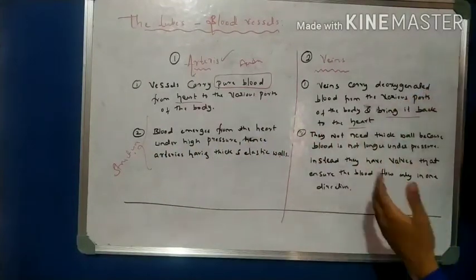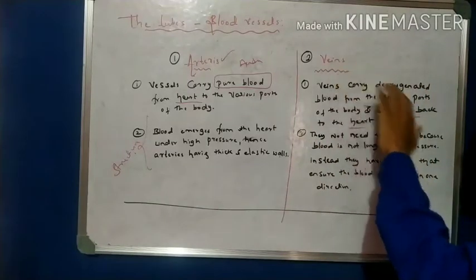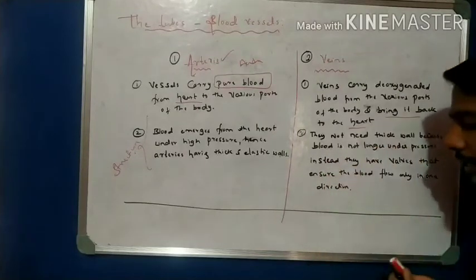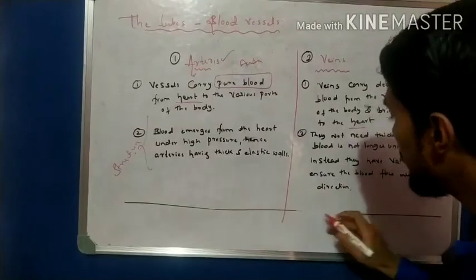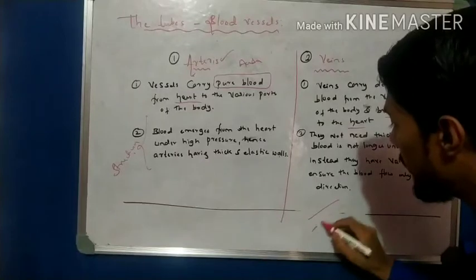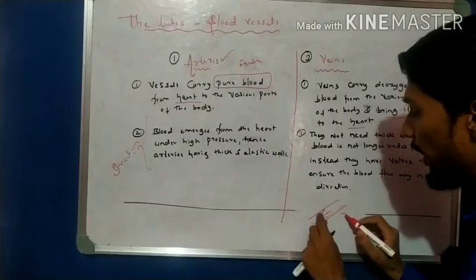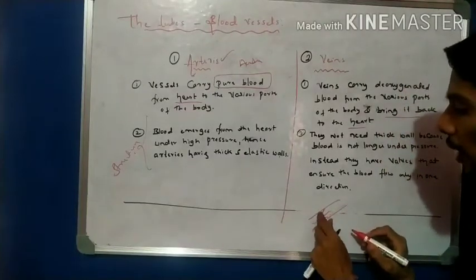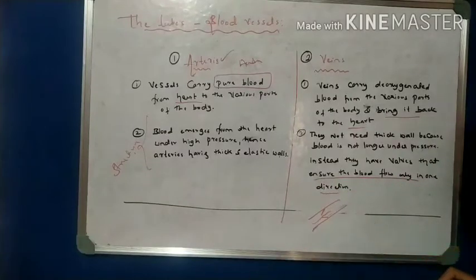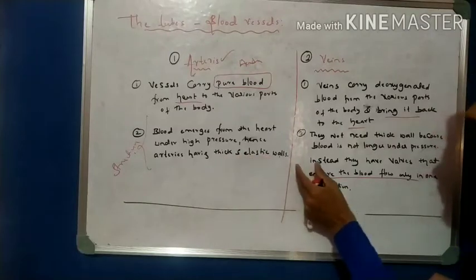So for veins it is the reverse. They are not under pressure, right? The impure blood is in the veins, no longer under pressure. Instead they have valves, right? If this is an artery, then veins have valves like this. When blood flows, the valves close and open to ensure that the blood flows in only one direction, so there is no reverse flow of blood. That is why they have valves. So instead of thick elastic walls, they have valves.